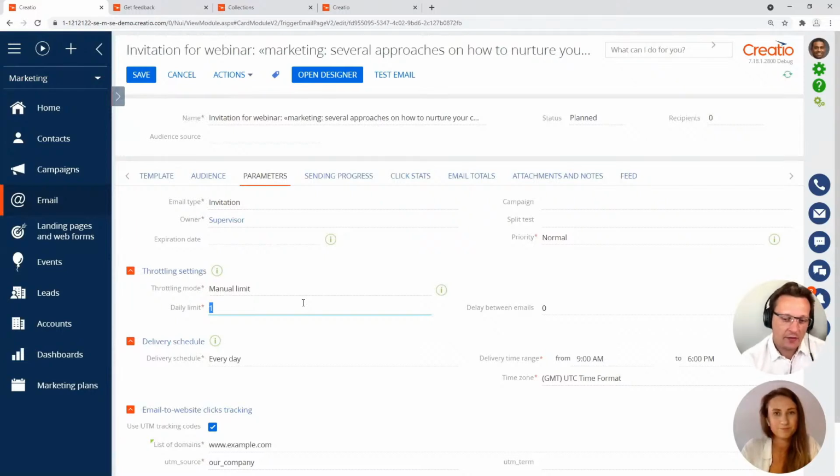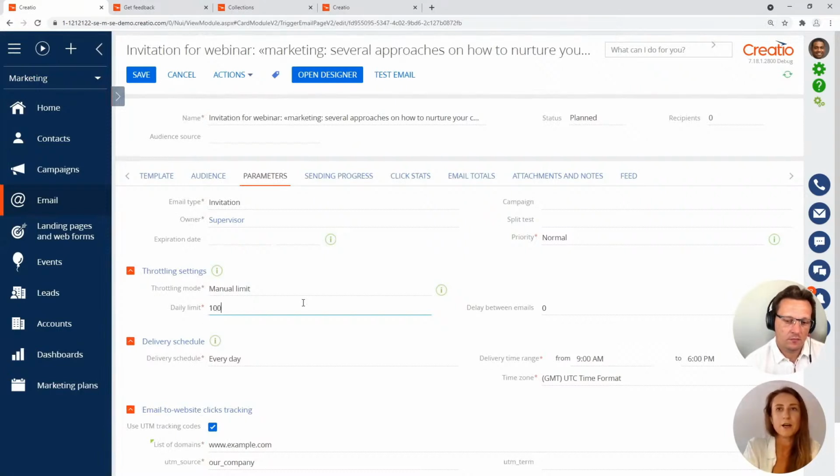And then the delay between emails, what is that metric? It's in seconds. Again, we're trying not to send too many emails, so we're imitating human behavior. An actual human cannot send 50 emails at the same time. It's physically not possible. And so what we're trying to imitate here is to say, okay, I want to send,